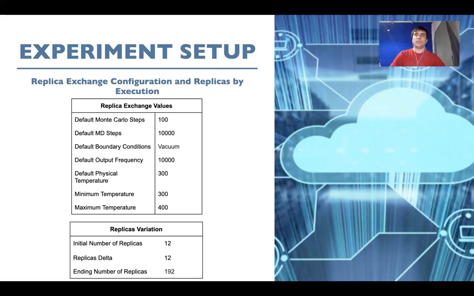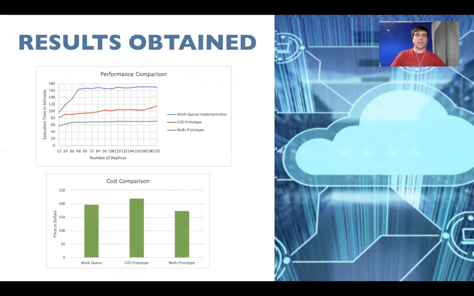In this way, we set the same CPU condition on both architectures. As we can observe, after executing the experiment, the WorkQ implementation is slowest in comparison with the LeapHop prototypes. The reason behind this behavior arises from the communication and data transfer overhead between the master and workers that occur